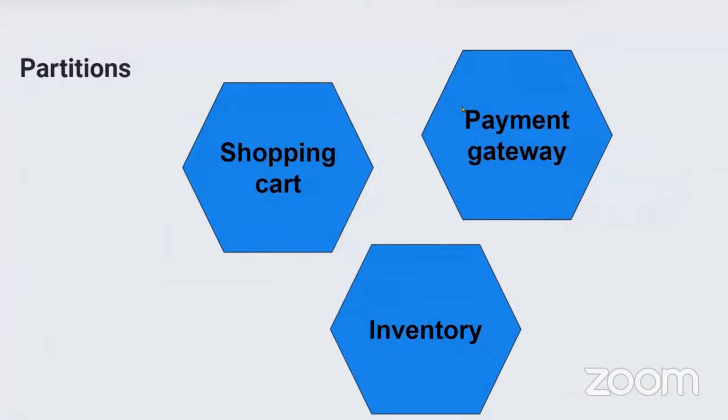So let's imagine we're your favorite web store, Amazon, ASOS, whatever. You've gone onto your shopping cart, you've bought something. I can pay for it because there's a payment gateway that I can use and that service is running. However, the inventory service is unavailable. I don't know whether I've got the thing in stock. Do you sell the product? Well, if you're